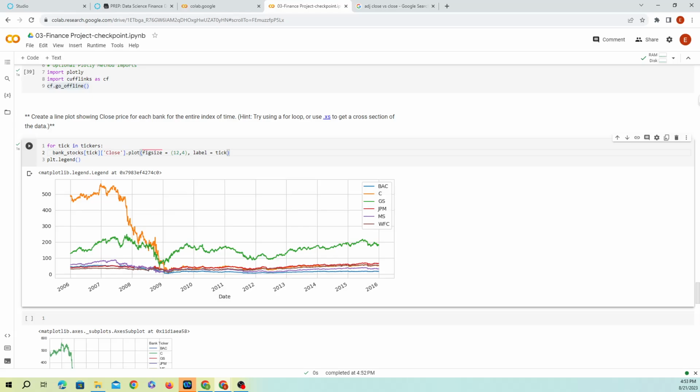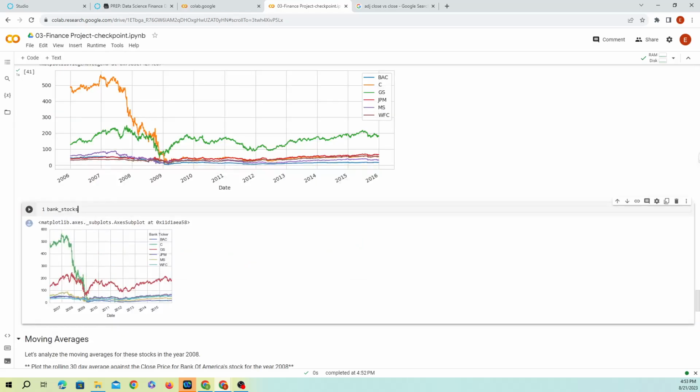We can do the same thing, but using the xs. So we can just use the bank_stocks. This is like if you want to run through every single label of your columns, you can use the xs, and we're going to use the key equal to Close. We're going to be looking specifically at the Close, and we're going to look at the axis, which is the column 1, the level, right?